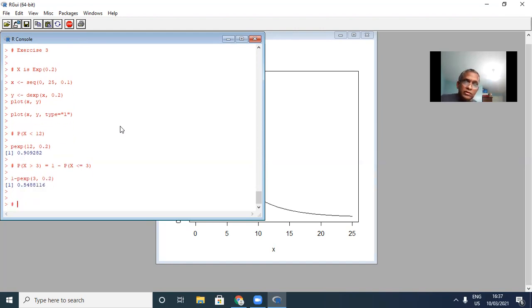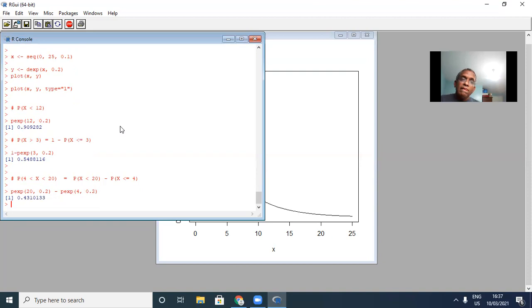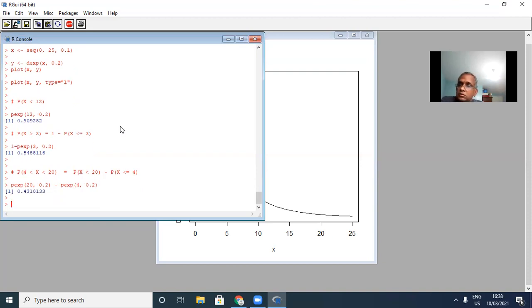And next, to find the probability that X is between 4 and 20, you can write this as the difference of these probabilities. So this will be P exponential at 20 minus P exponential at 4. So the answer is